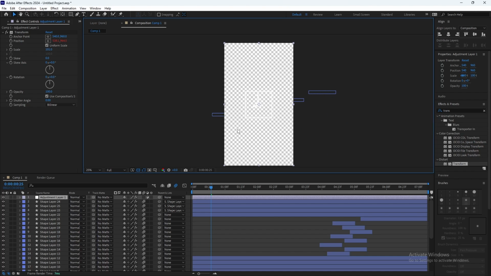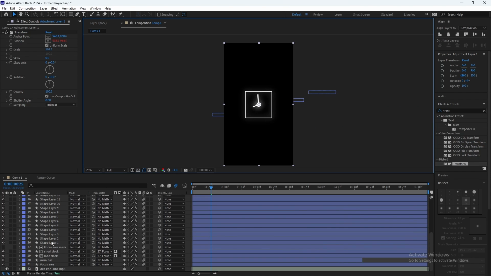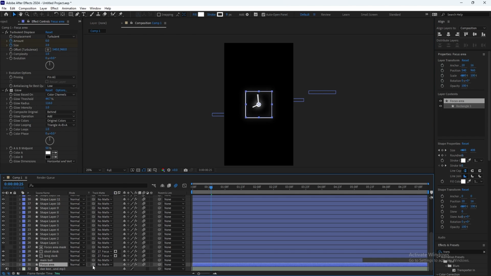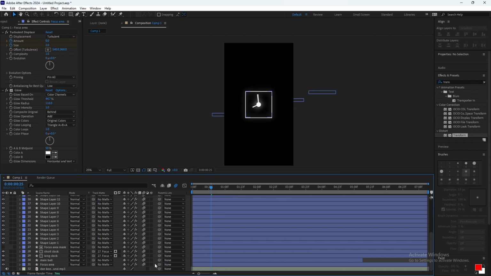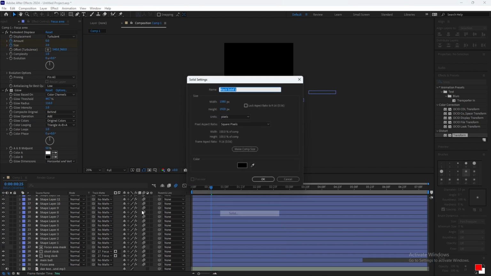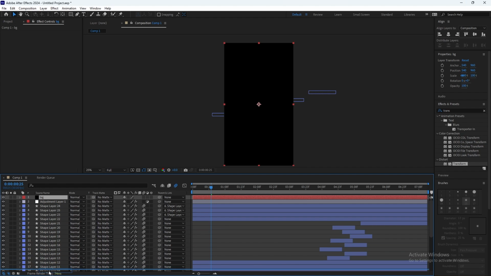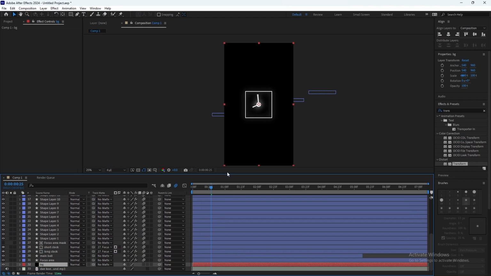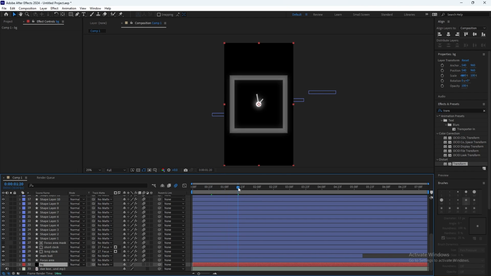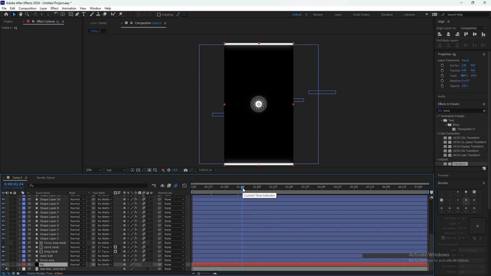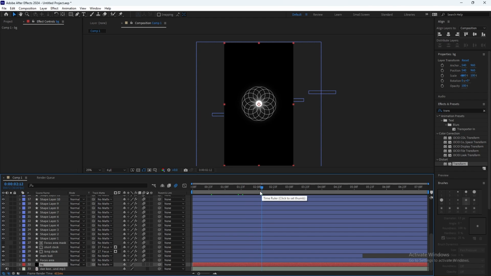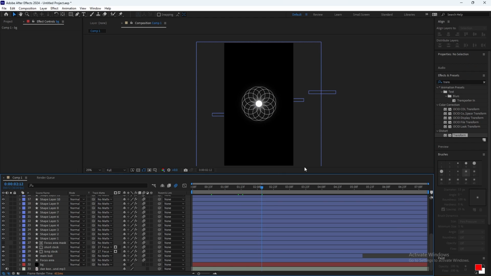And because I showed you that we didn't add background, let's add background. Just add a new solid layer, black. We can rename it to background and put it in the back. So yeah, that's pretty much it for now. I saw other people add those white particles and some other things.